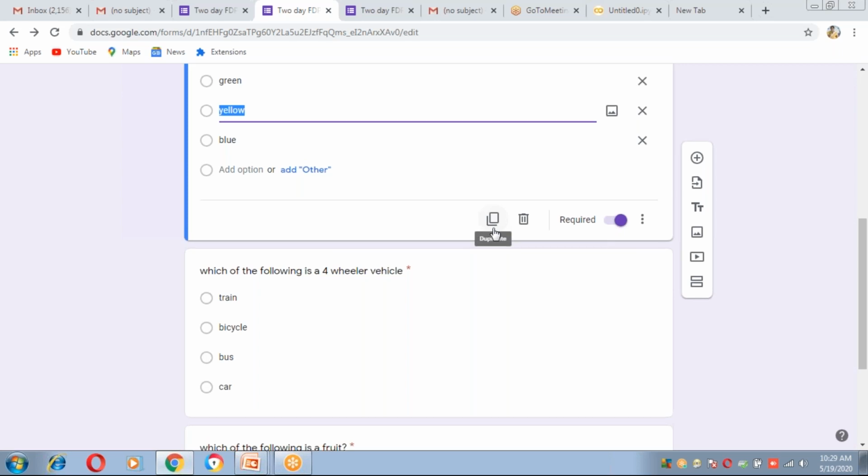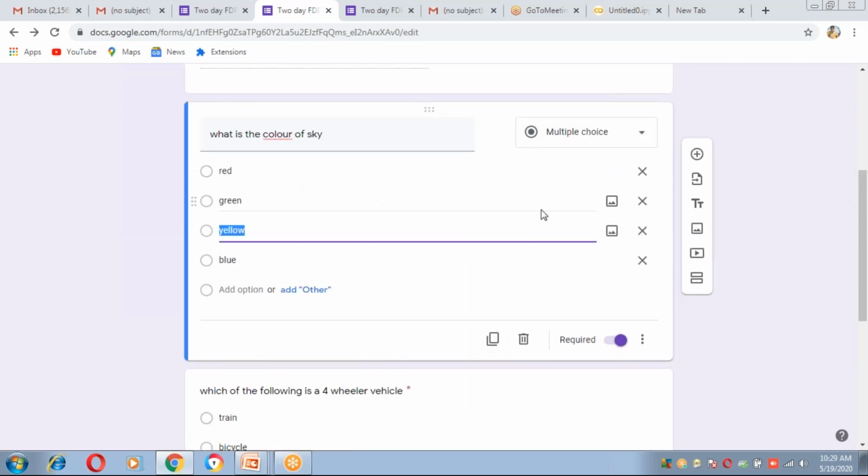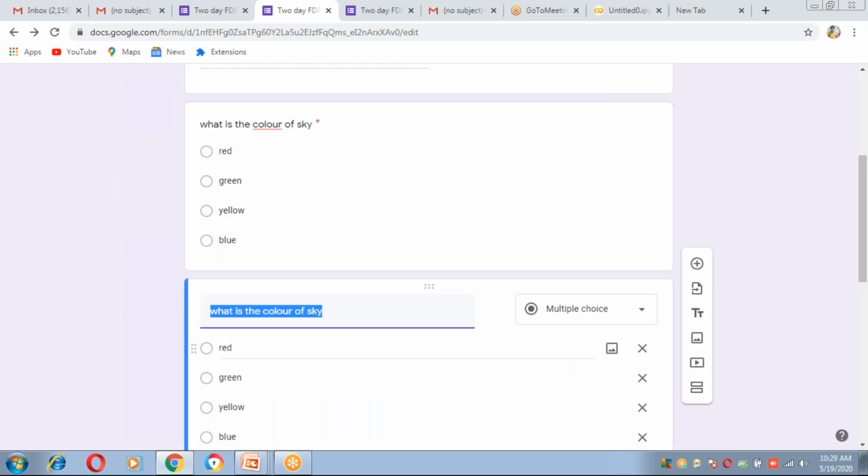For example, what is the color of sky? Suppose the question length is more, and my second question is also the same type of question. I need not type the whole question. I can make it a duplicate.